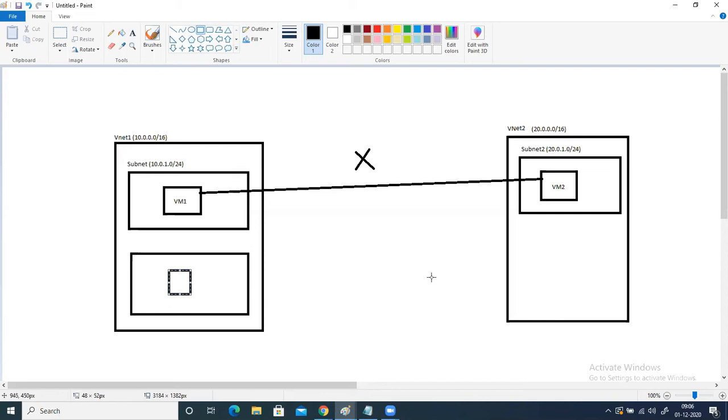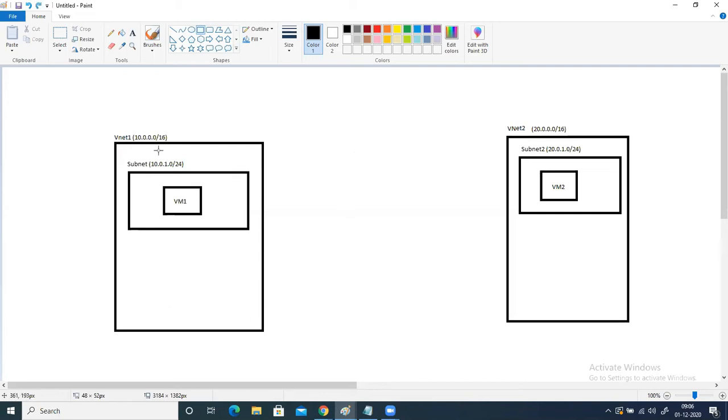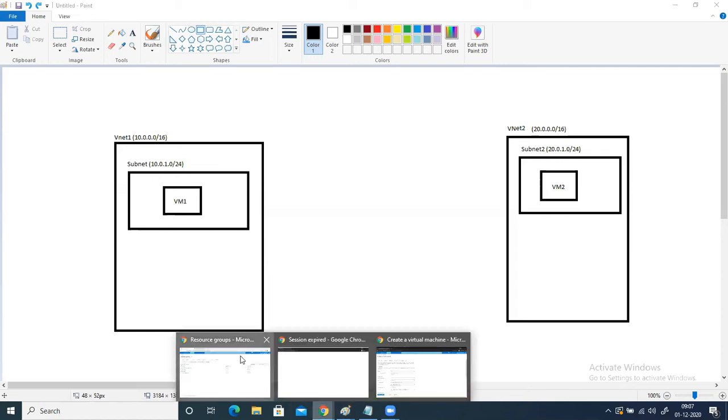Fine. So let me do one thing. Let me deploy all this setup, left hand side and right hand side. Then we will see whether this communication is happening or not. If it is not happening, then what are the ways available so that we can enable the communication between both of the two virtual networks. To understand that,